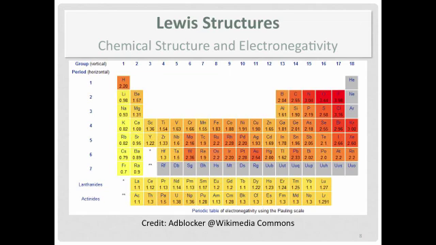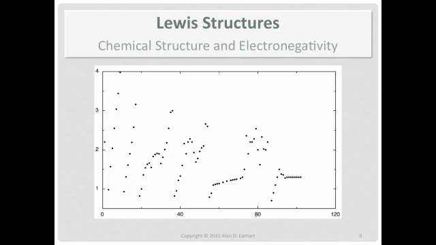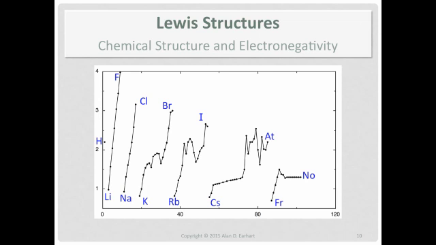So let me show you a few graphs here briefly so you can see trends. Okay, so these are electronegativity values on the left plotted against atomic number on the bottom. And it looks like a bunch of chaotic dots. But there's information here. Here we've got rows or periods. And you can see some trends going on here.